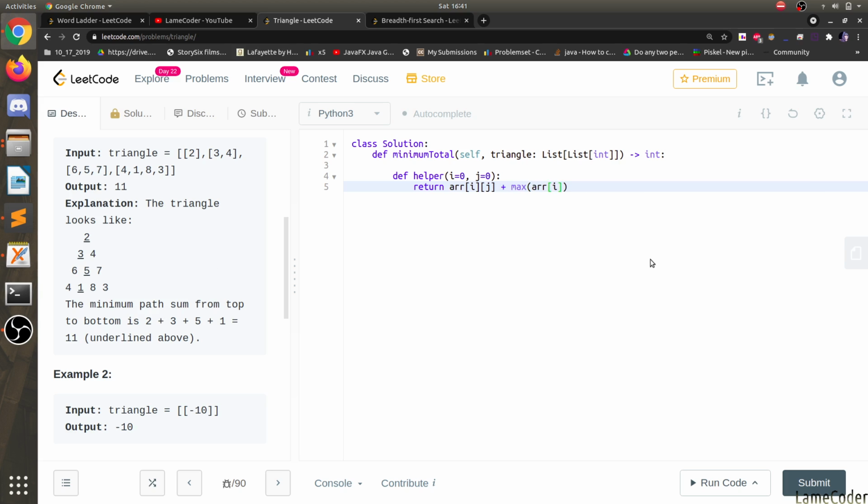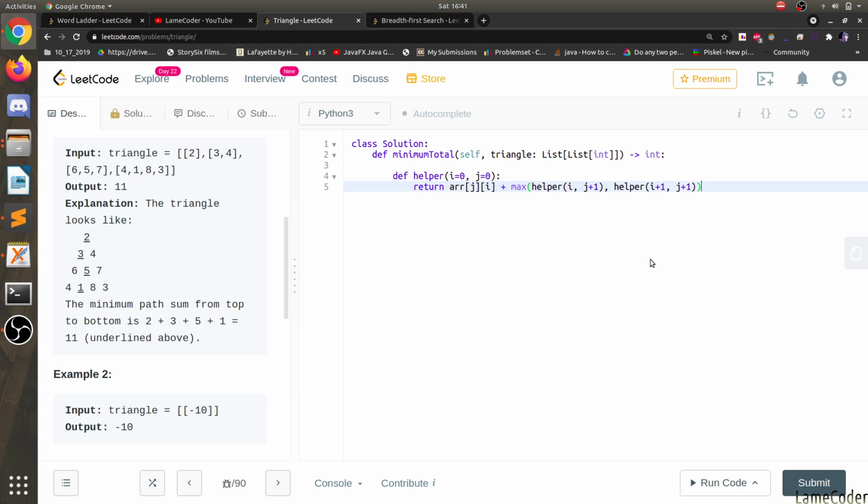We call helper on j plus 1, i and j plus 1, i plus 1.